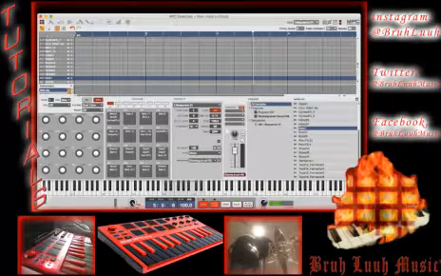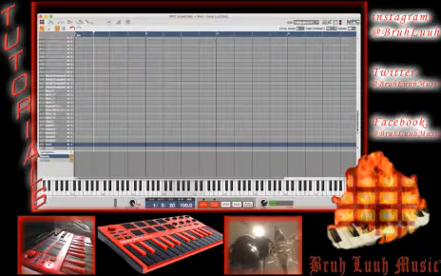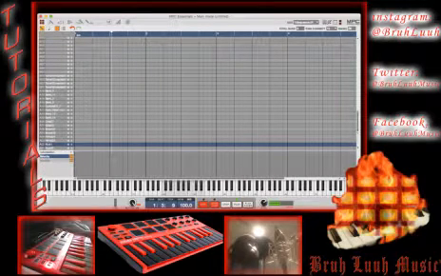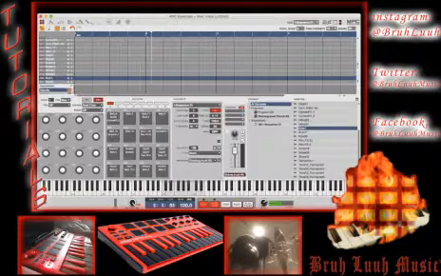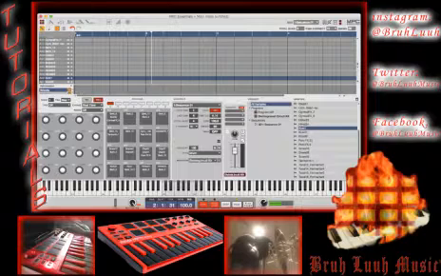So yeah, you have a half view mode here, where you can look at the pads and the workspace, or you can blow the workspace up so that you can see all of your automation, all of your samples that you have loaded and things like that. Okay, really smooth. All right, let me go back to the other area, and that's good. You got your MPC Essentials logo right there. All right, so